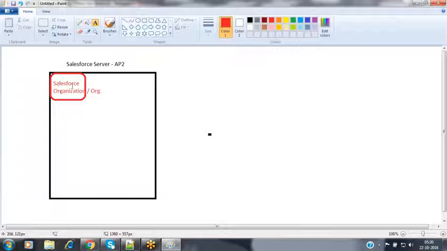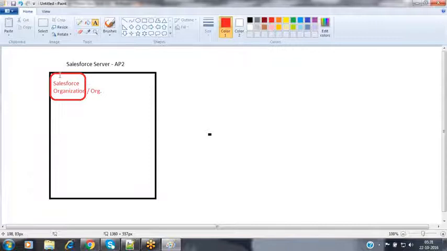Now, how can we log in to this application? By providing our username and password. Once the Salesforce account has been created, it will send an account activation link to your email ID. We can activate that account by providing the password, confirm password, security question and the answer. By using that username and password, we can log in to the application from the next time. So this is the Salesforce.com organization which we have created right now, nothing but our Salesforce account.